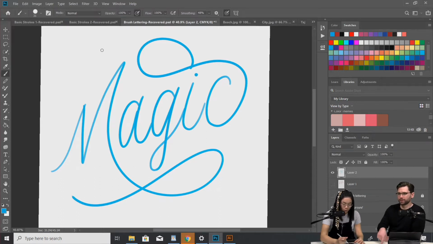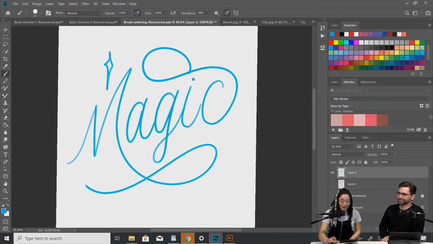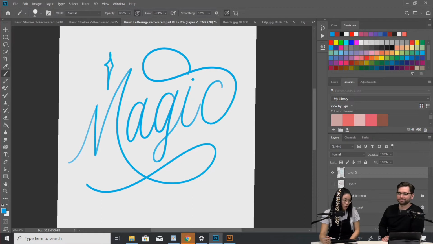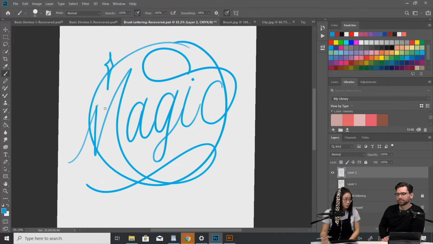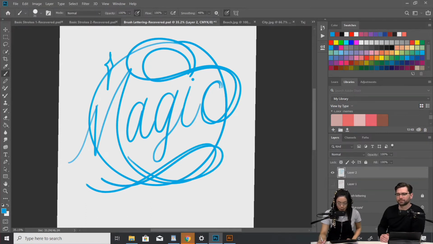How do you decide on the flourish? Do you have an idea of where it's all going to go at the start? Because that's very quick. Lots of practice, I suppose. I always stick with the same flourishing because I know it works. I always go down and over and then over like that. I imagine a circle, so it doesn't go everywhere. Oh, that's a cool tip. I always keep it in the circle, just so it doesn't get too messy, I guess.